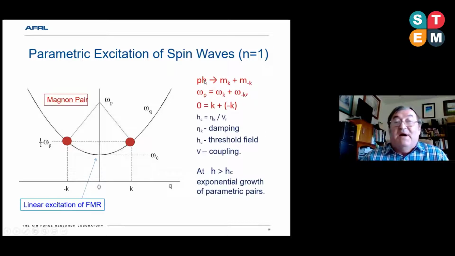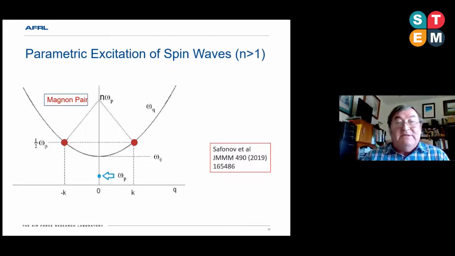In this case, one photon is transformed into two magnons moving in opposite directions. This parametric resonance, or parallel pumping, is well developed and well known in the magnetic dynamics community. But what if